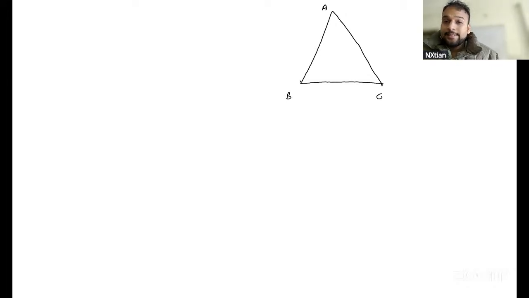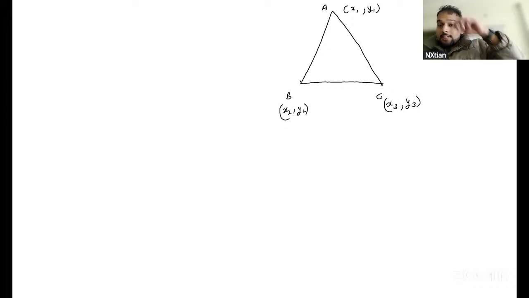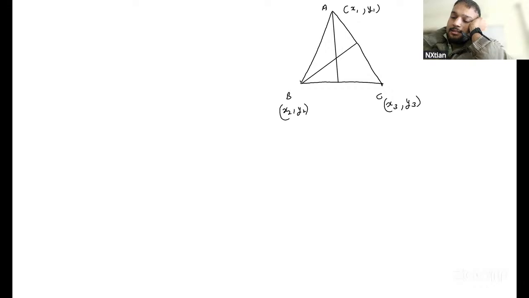Now understand, guys. Listen, guys. Understand it like this. A's coordinates are x1 comma y1, B's coordinates are x2 comma y2, and C's coordinates are x3 comma y3. There are three coordinates: x1, y1, x2, y2, and x3, y3. Now if three coordinates are given like this,